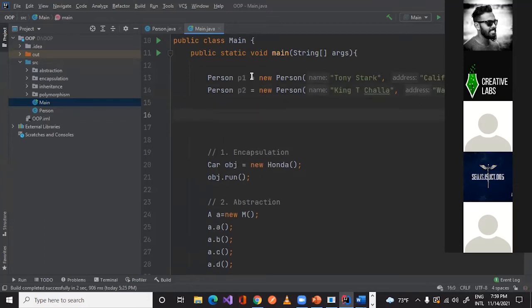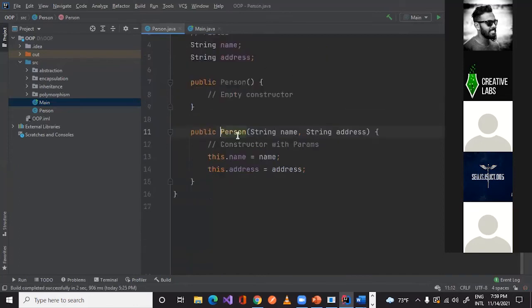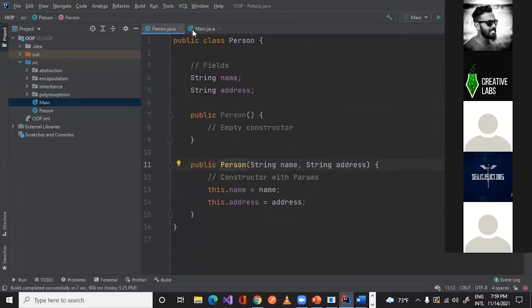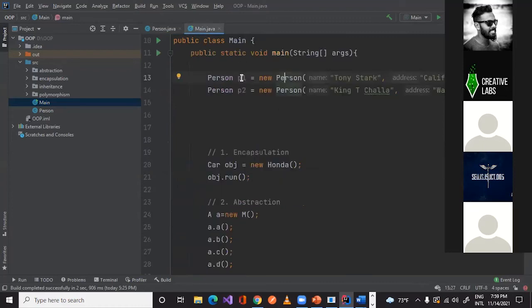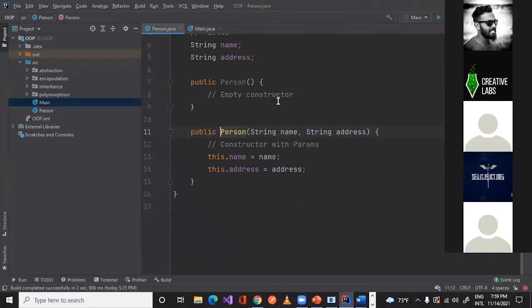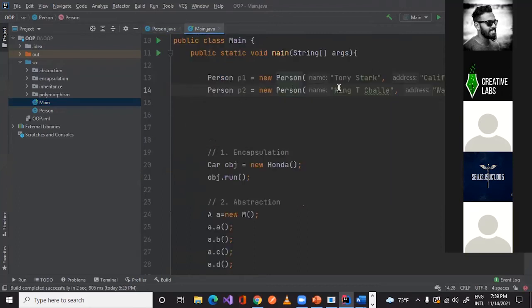So now this Person is a kind of blueprint, a template. Out of this template, we are creating two objects. You can create any number of objects out of this Person class. That is called objects and classes.